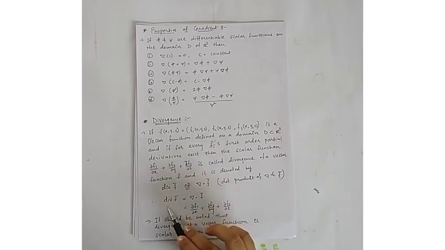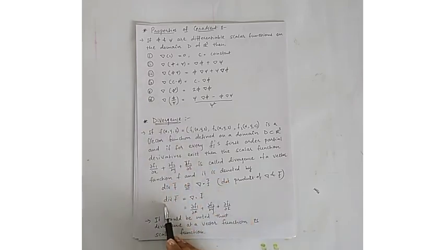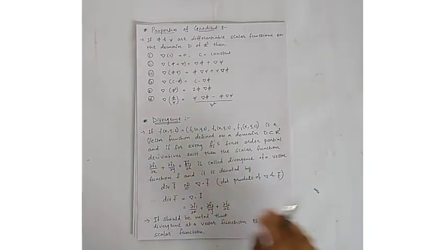f bar. So the definition of divergence of f bar is the dot product of this nabla and my vector function f bar, which will give the value del f1 upon del x plus del f2 upon del y plus del f3 upon del z. It should be noted that the divergence of a vector function is a scalar function, right? I have a vector function f bar, and applying divergence to this vector function will give a scalar function. This is my scalar function. So this is the definition of divergence. Please remember it.